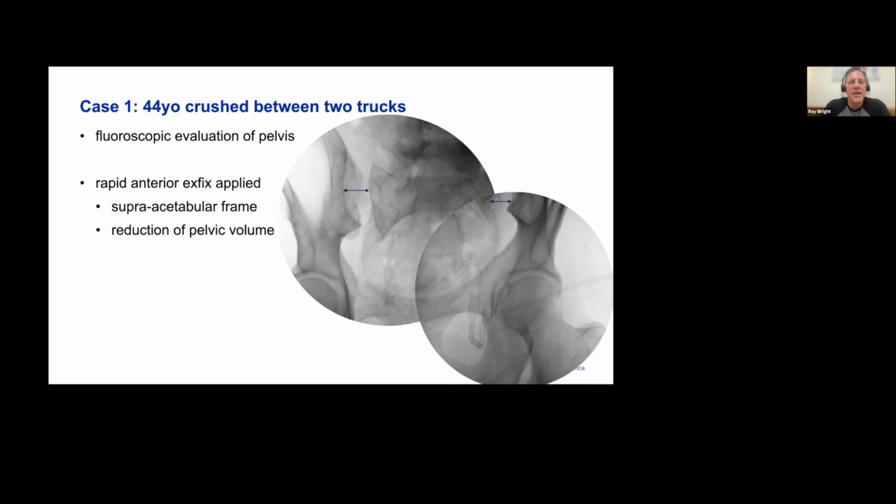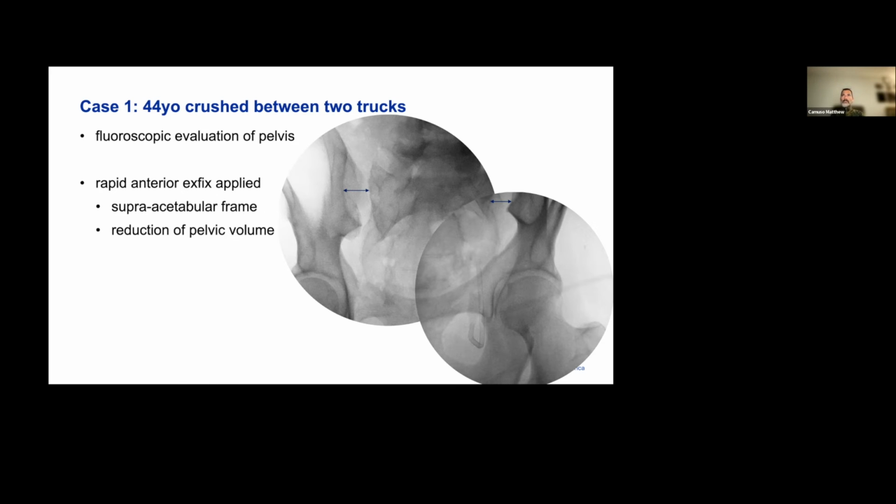And I say that because if you close down the front with a frame, where a frame is very effective, a lot of times you can widen the posterior ring and make that even worse. And so if I see something like that with this guy's hemodynamic parameters that are so bad, I like circumferential anti-shock sheet, cut working portals where I would put in iliosacral screws and do some resuscitative iliosacral screw fixation for his posterior pelvic ring. I love that.